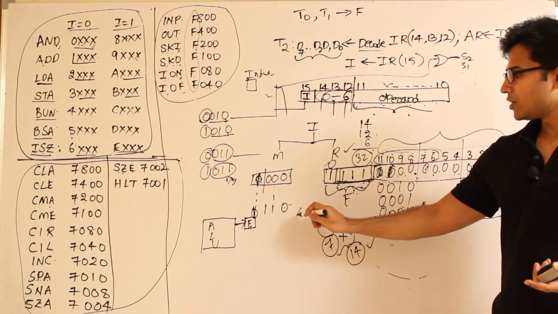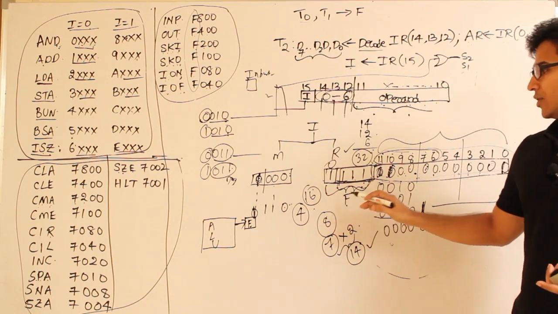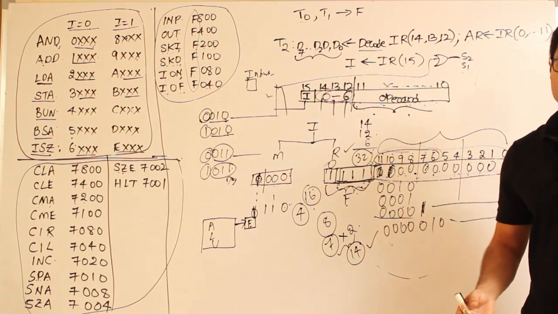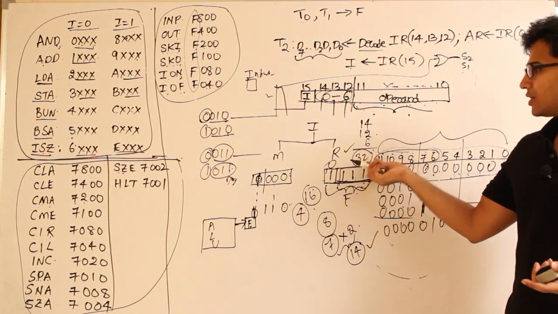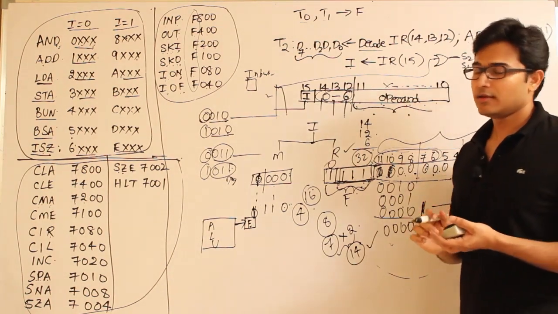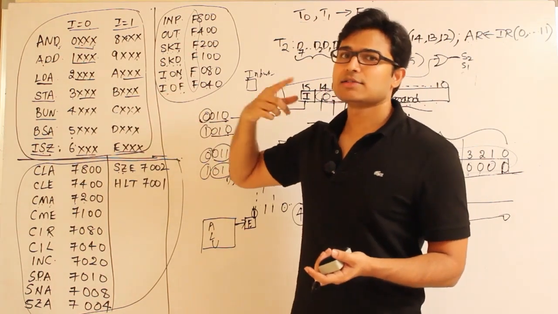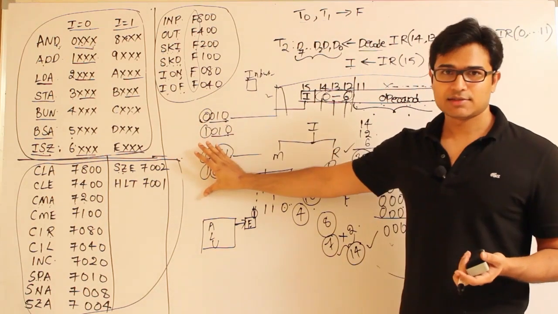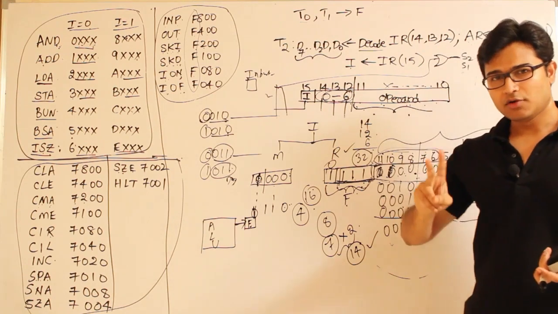So using a 4-bit opcode, only 16 are possible, but then we are able to use the remaining part and we are able to extend the number of instructions possible. We could have even extended it to 38, but then we don't need it, so we have extended till 32. Got it? And now you should understand, depending on the type of instruction it is, our actions will vary from here on. See, whatever the type of instruction it is, fetching is same, decoding is same, and after decoding, the